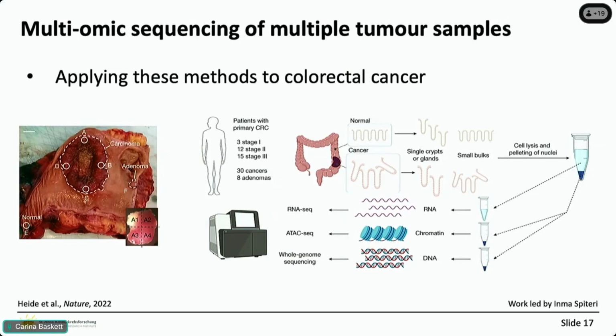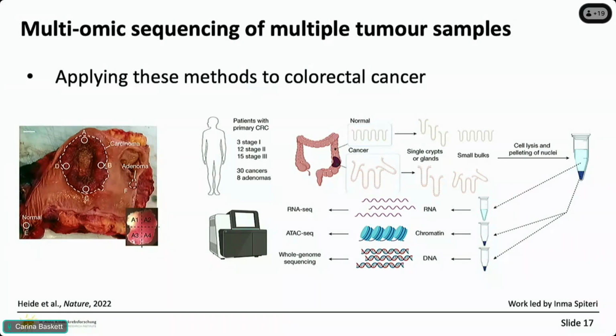And here in this very gory picture, you can see that we have different areas that we sampled from A to D. And actually within these different areas, we even then subsampled even more. And then on top of that, we also took individual glands where they existed in these samples. So in the normal colon, you get glands, and sometimes these still exist within the cancer tissue. And these are quite nice because they're kind of like clonal factories, because all the cells are very closely related to one another.